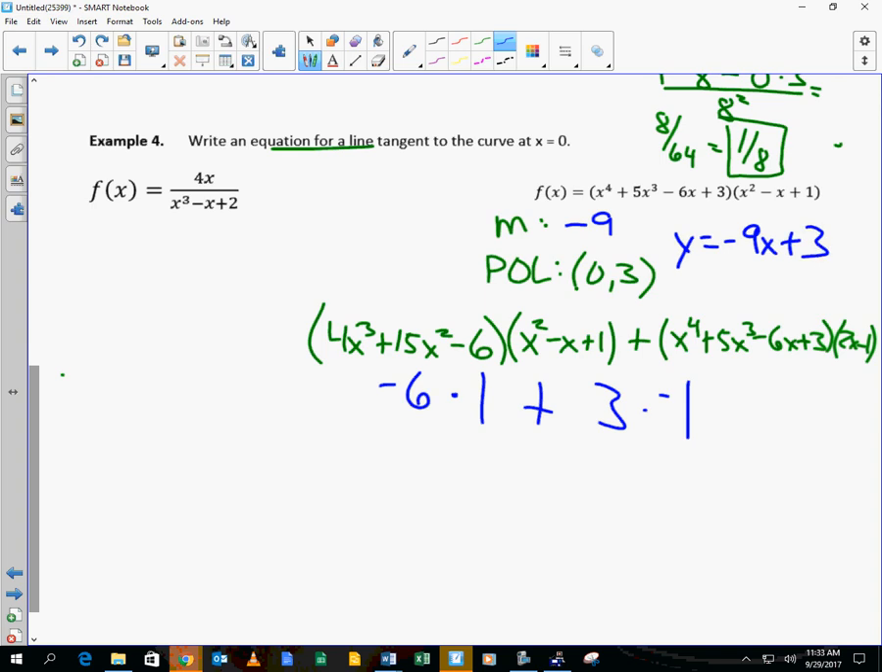So although this looks like a ridiculous problem to find an equation for a line tangent there, it's no big deal, is it? Hunter, question? No need to simplify, just plug it in. Okay,